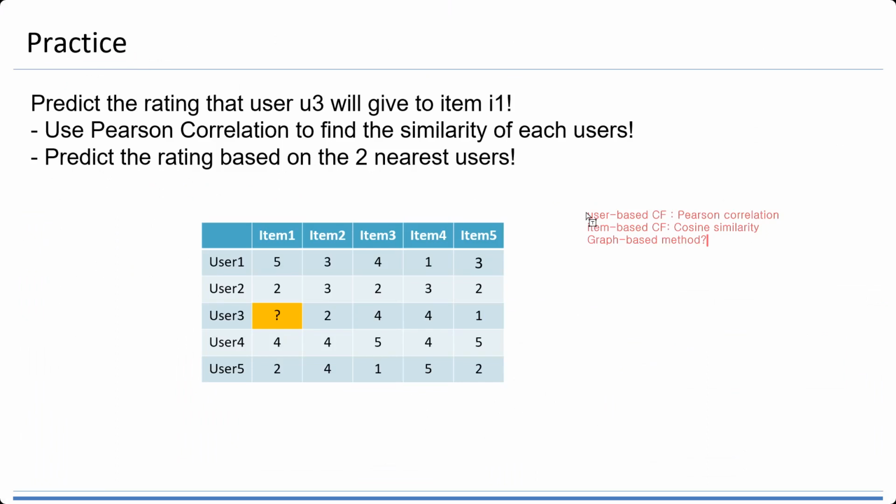Item based. The problem is now you need to use the person correlation. And first, you need to measure the similarity, and the next, you can predict the rating. In the user base, we use the person correlation. For the item base, we use the cosine similarity. So today,